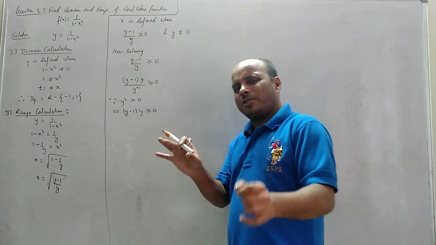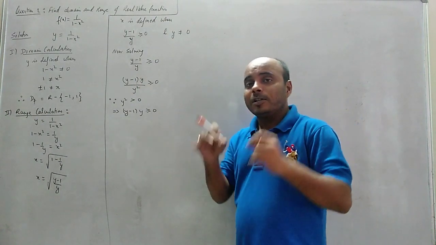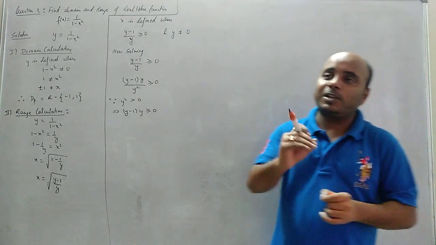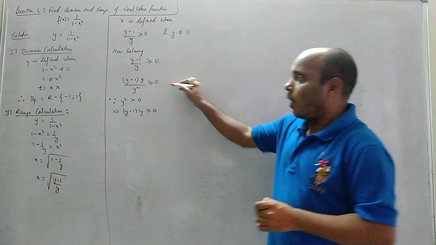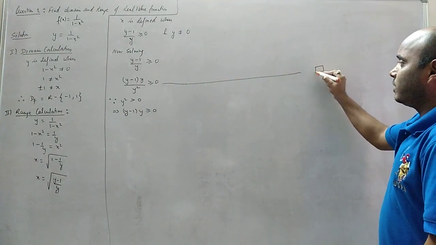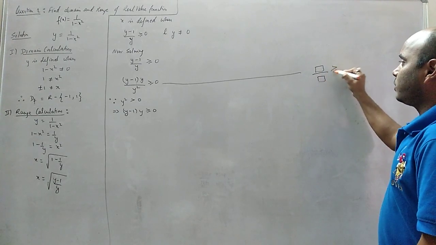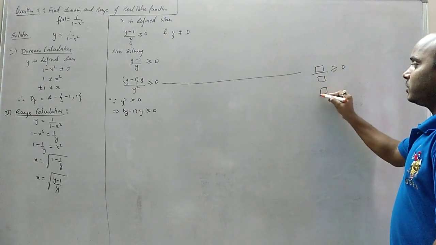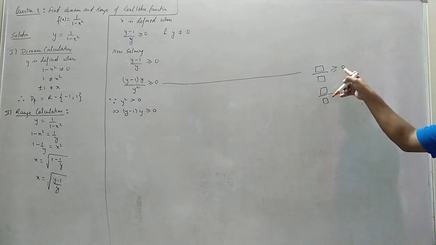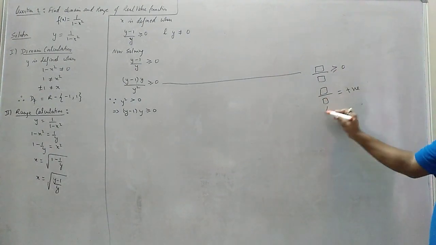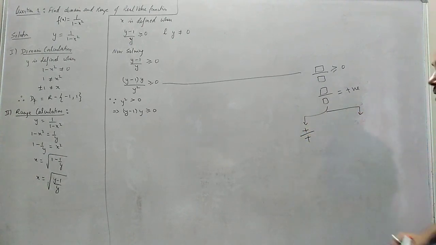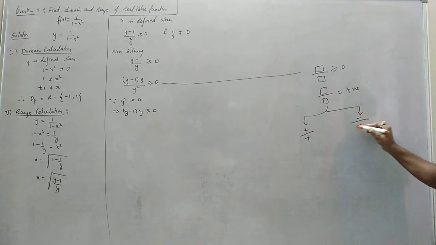Clear? Always in every question, whatever you have in the denominator, make it as whole square if the denominator is a variable. Clear? We cannot shift the denominator to that side. Done? Now, how to think this? Now, see nicely, something by something greater than equals to 0. That means something by something is either 0 or positive. Now, this can happen in two ways. Either numerator is positive, denominator is positive, or numerator is negative, denominator is negative.